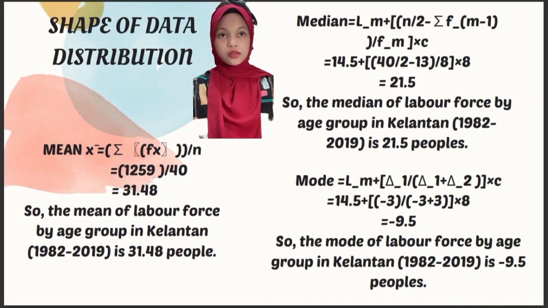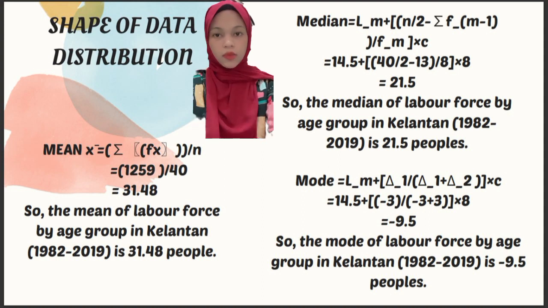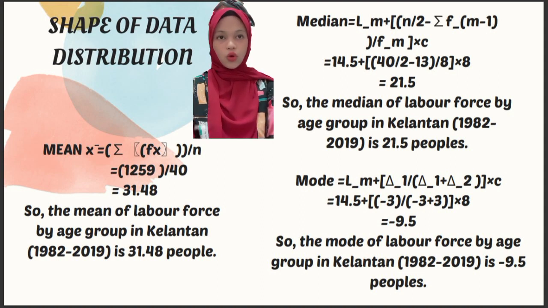Last part A is shape of data distributions. These have 3 solutions, which is mean, mode, and median. This is the formula for the mean. The mean of labor force by age group in Kelantan 1982 until 2018 is 31.48 people. Next, this is the formula of median. So the median of labor force by age group in Kelantan 1982 until